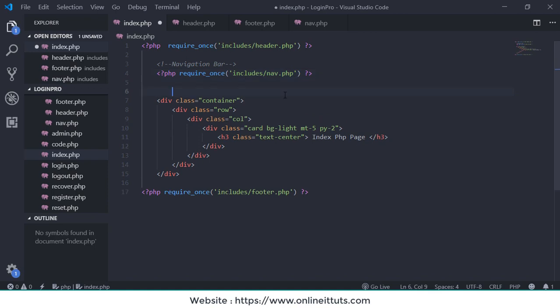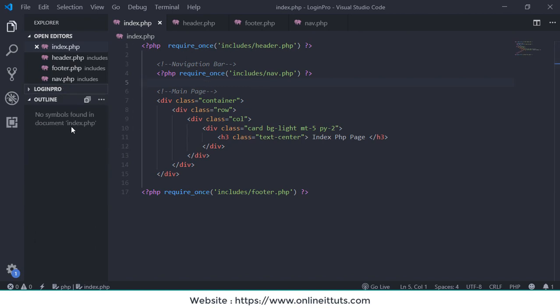And also I'm going to use a comment. Comment is very important. Main page, right? So you can use the same thing within other pages like